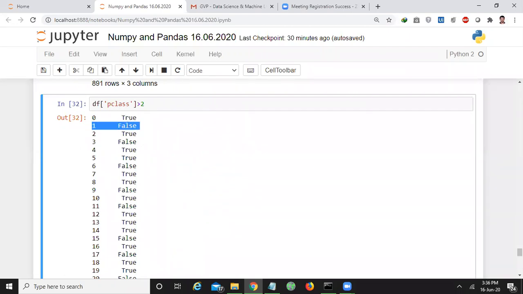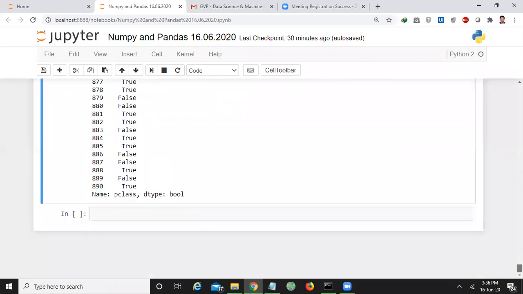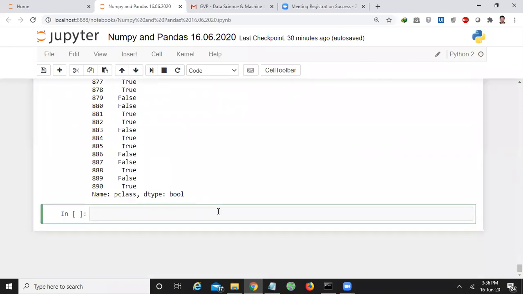Okay, let us do one thing. I want to retrieve the data frame whose passenger class is greater than 2.